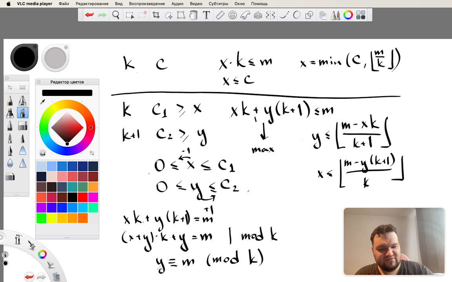What will happen if we want to take y greater than this minimum possible value? Well, we have to increase it by k every time, because it should stay the same modulo k, right? If we increase it, like from this equation, we will see that it decreases what we want x to be equal to. And so